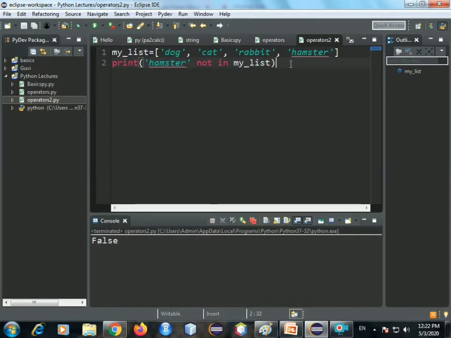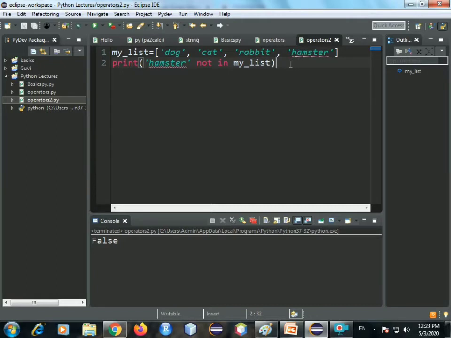Right now you all might be wondering that I can just use my senses to understand that yes, hamster is there or not. I can see it, so why do I need to do all this? But whenever you're dealing with a huge amount of data, you cannot sit and scan each and every list or tuple or dictionary with your own eyes.